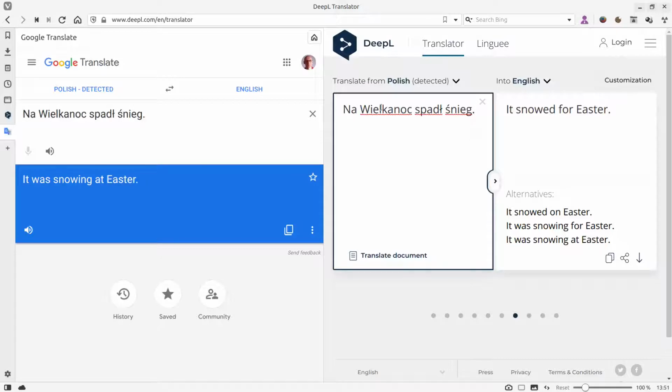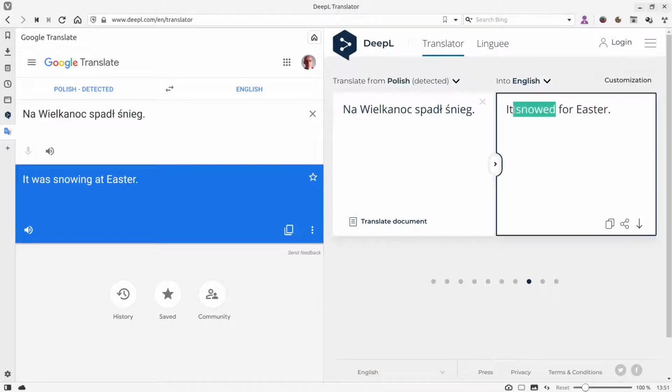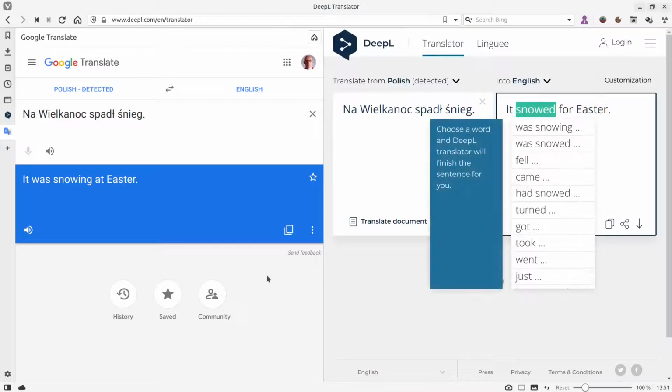Right, obviously na Wielkanoc can be translated as for Easter, but in a different context, especially when we talk about the future. What have you prepared for Easter? But the tense used here is a little more appropriate than the past continuous used here, which doesn't mean that this is an error, because it depends on the context. You could use past continuous,